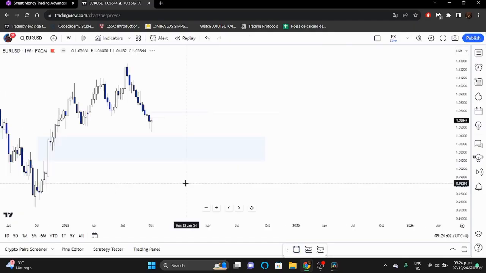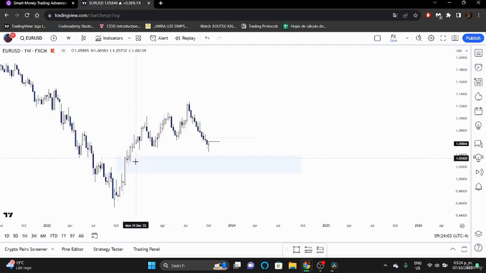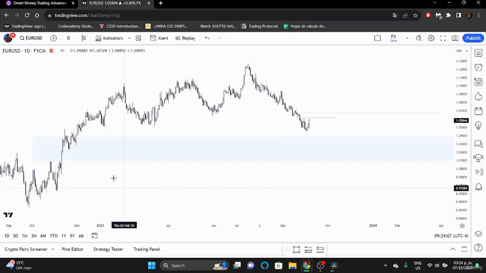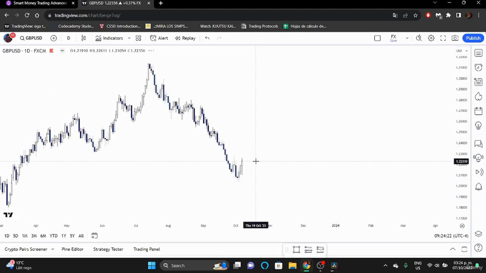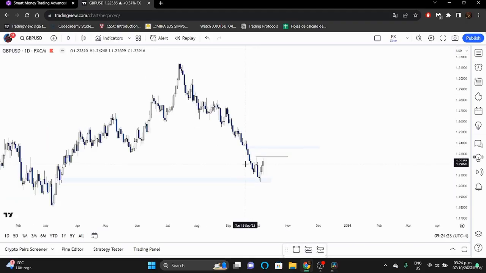And how is it going to look on the weekly? On the weekly, it's going to look like a stop run, and on the daily, we're likely going to tap all of these lows. Okay? But for now, I'm bullish. Okay, short term. And that's pretty much inverse fair value gap. It's pretty much the same thing on